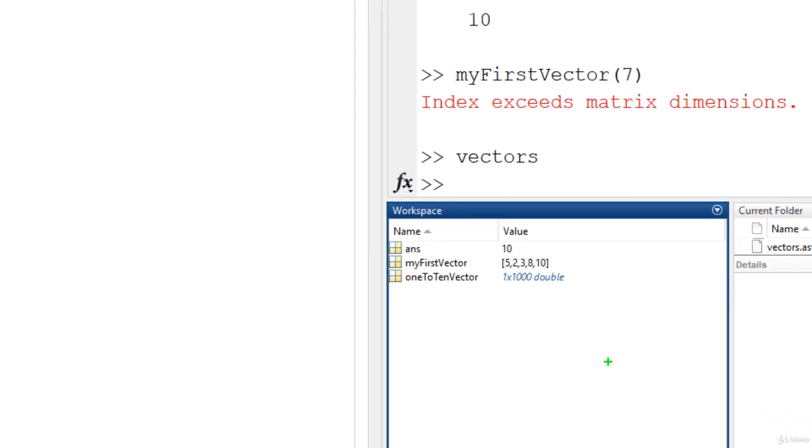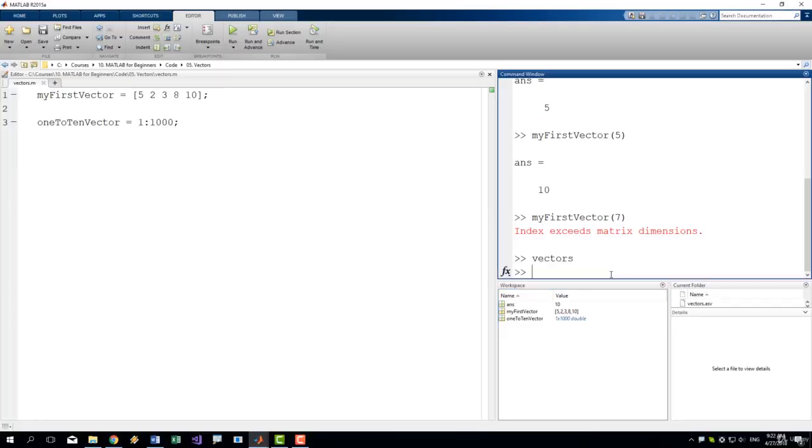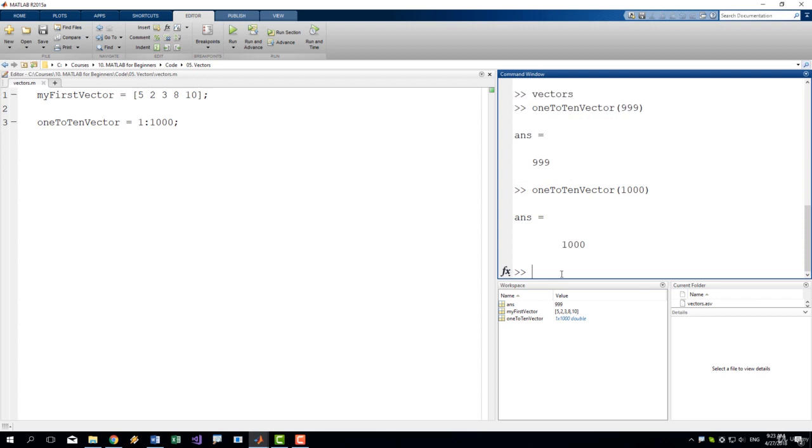Alright, and you can see here that the 1 to 1000 vector is now 1 by 1000. To confirm its elements, let's get the element at index 999. Should be 999. If we get the element at index 1000, it's the number 1000. If we get the element at index 150, we get the number 150. So we have an evenly spaced vector with 1000 numbers from 1 to 1000 with an increment of 1 between